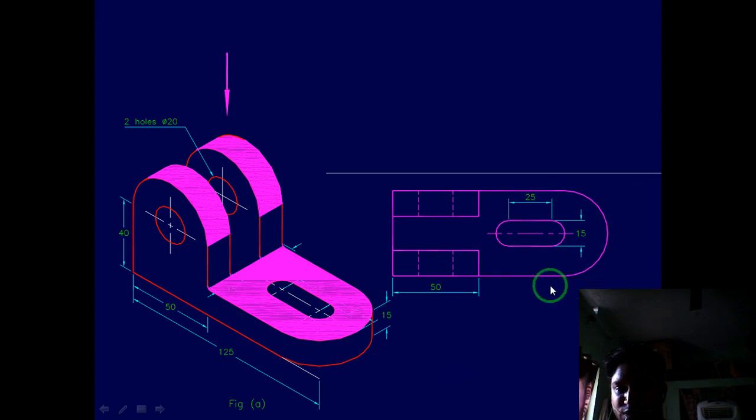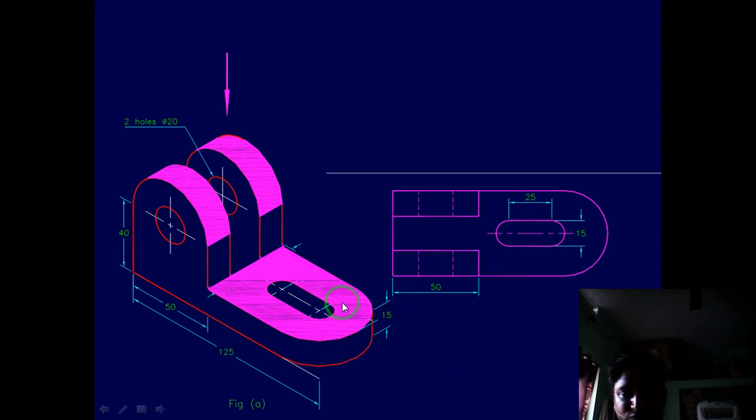Now how about this? This is also a semicircle. How to draw that? This is the place where you can see 15, 20, 15, which is nothing but 30, 20, 50. The 50 is measured up to 25 here.